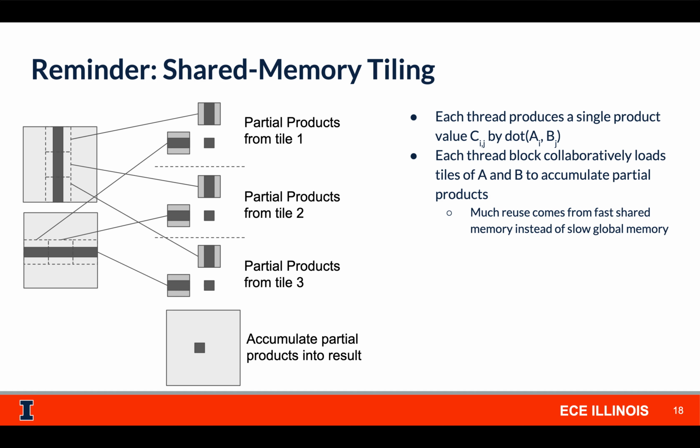So we had a partial fix for this problem, which was shared memory tiling, where we tile A and B so that instead of doing those repeated loads from global memory, we instead get to do them from shared memory, which is much faster. Then we use these tiles and march down the rows and the columns, computing partial products one tile at a time before we write them out to the final product matrix. And we don't talk about this in 408,